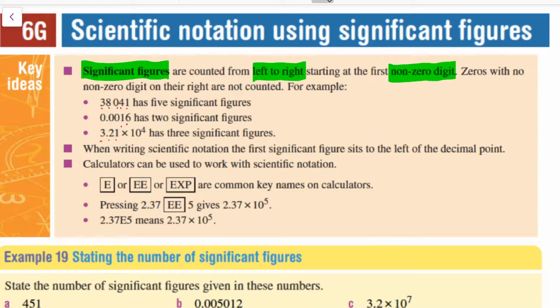There are certain zeros that do not get counted. However, there are certain zeros that are important, and that's probably the part you need to understand with significant figures. They need to hold a particular place value within the question to be valid. So if we have a look at the first couple of examples in front of us in our key ideas here,